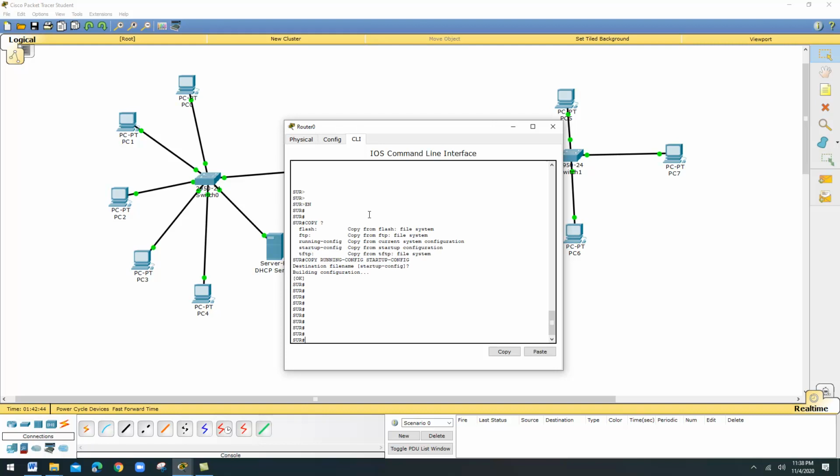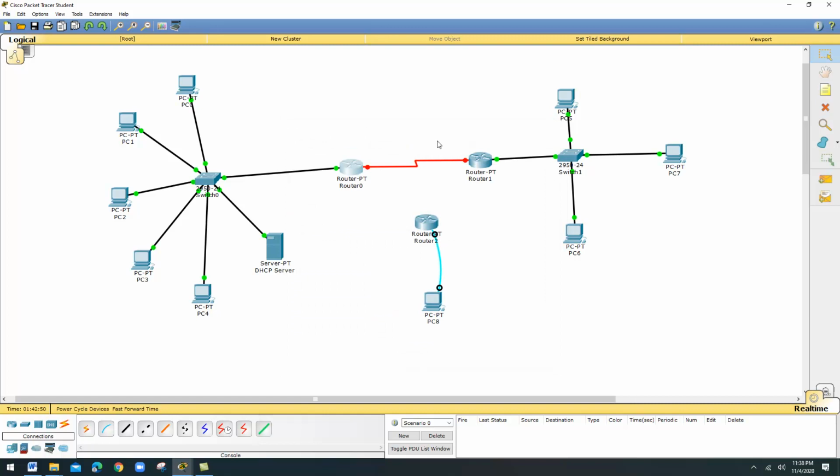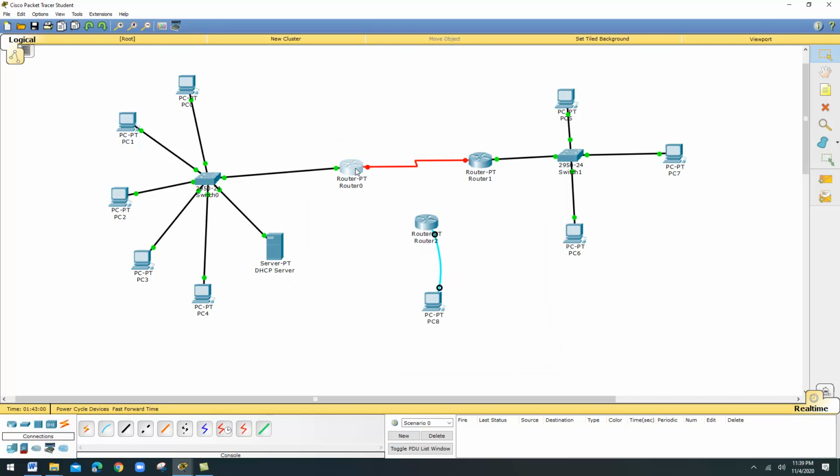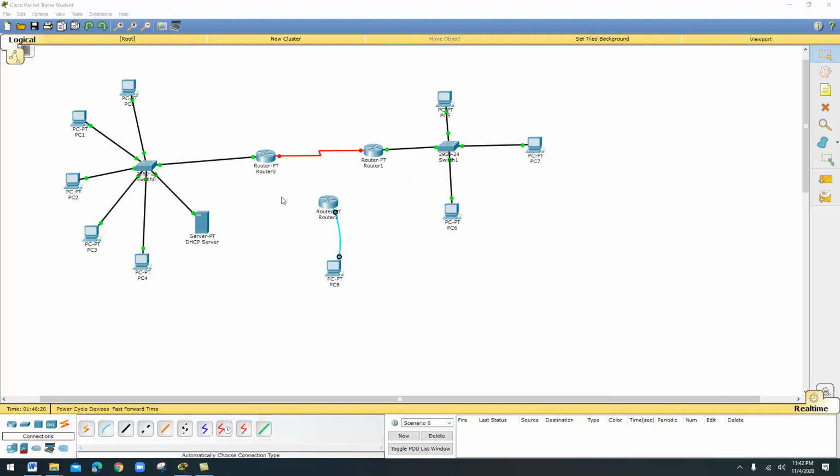Now I am inside the router. Before going to the router, you must know the name of this interface. The interface name is very important. Only then can you assign the IP address for the routers, for the particular interface. We already said this is FastEthernet 0/0. Then what is the name of this particular interface? Now I want to know the name of this interface, and then only can we assign the IP address.